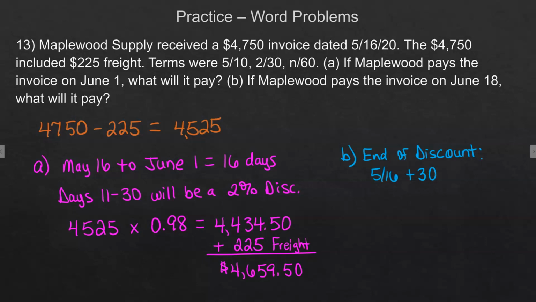Because the second discount period is out there, right? 30 days. And so that would be 6/15. So on the second one, they did not pay within either of the discount periods, and so there's no discount. And they need to pay